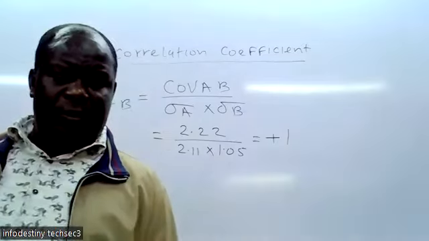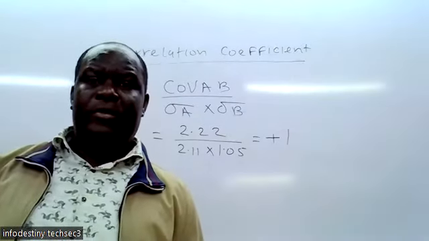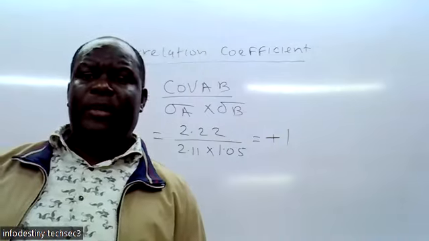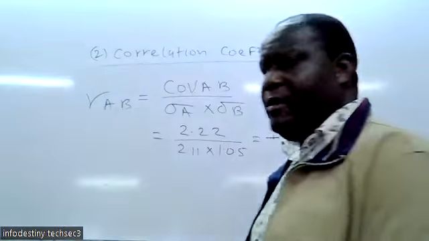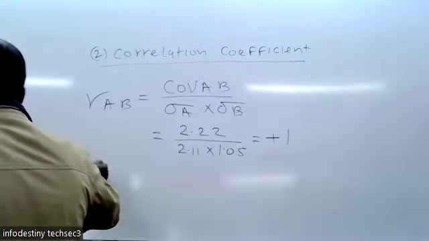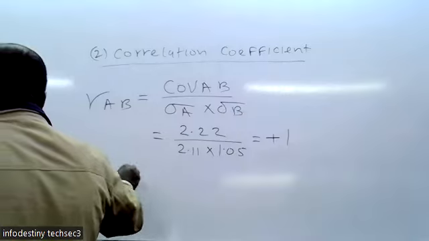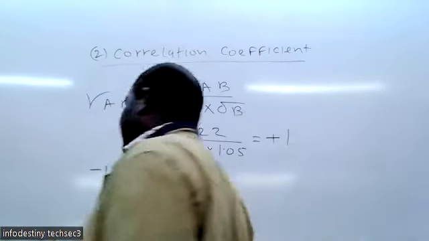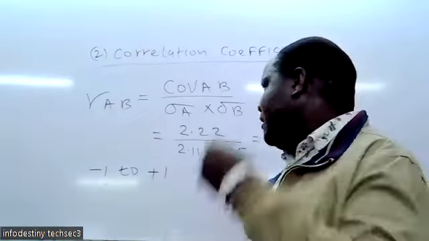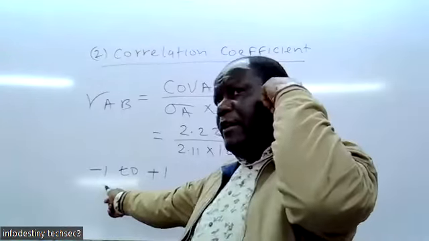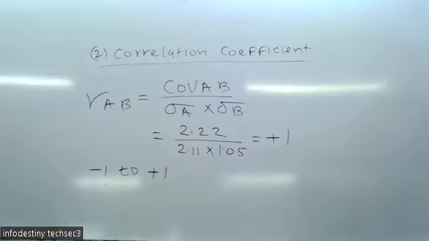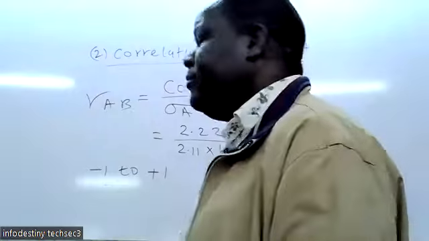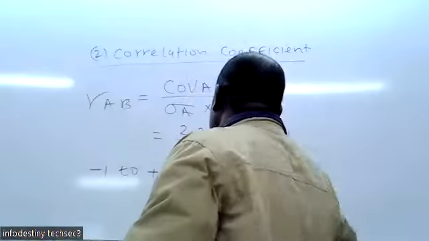the correlation coefficient normally ranges from -1 to +1. Then a new paragraph, we also say that,